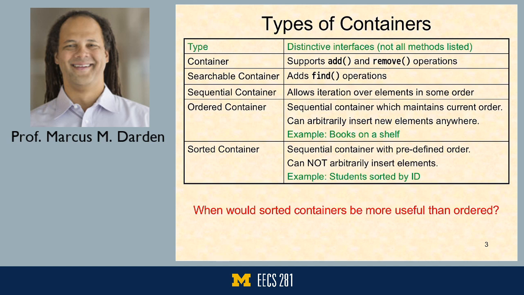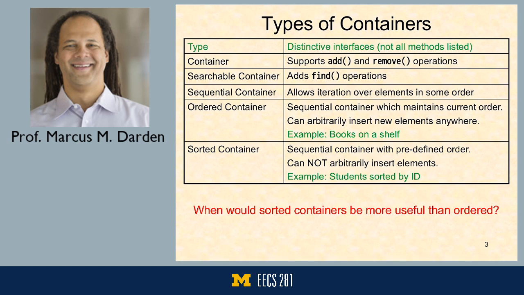In a searchable container, this is like a regular container in that you can add things and remove things, but you can also add find type operations to go look for an object. A sequential container allows us to iterate over the elements in some order, and this is meaning to be a fixed order. So as I look through them, I can go from one object to the next, to the next, to the next, sequentially. After that, we have what are called ordered containers, and ordered containers are sequential containers in that